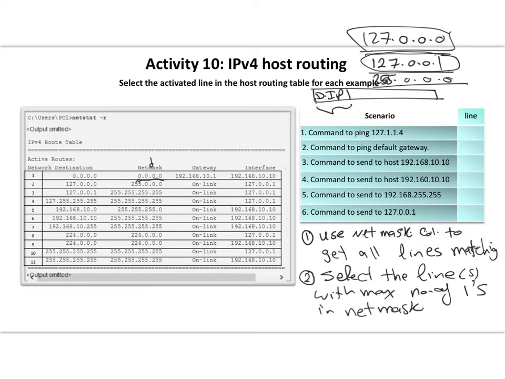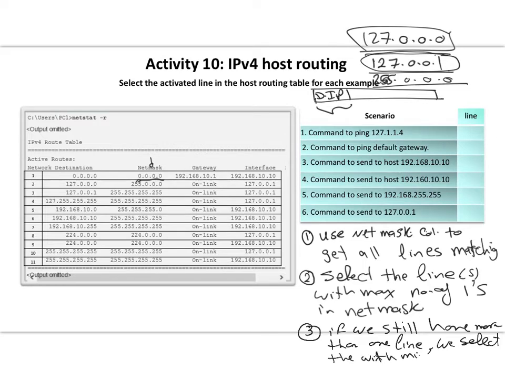So that's the procedure. Number 3, which would not happen in our case: if we still have more than one line, we select the one with the minimum metric. Remember, we said in the previous lecture that there is a column here called metric,